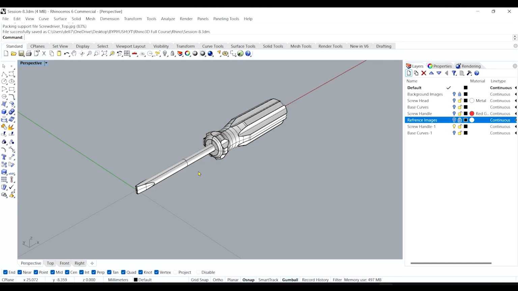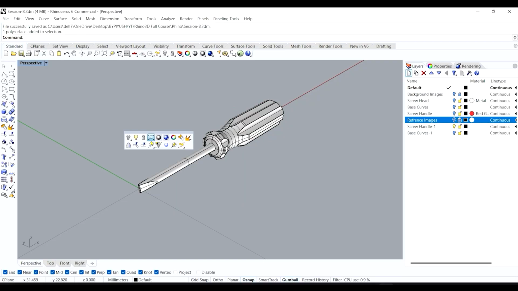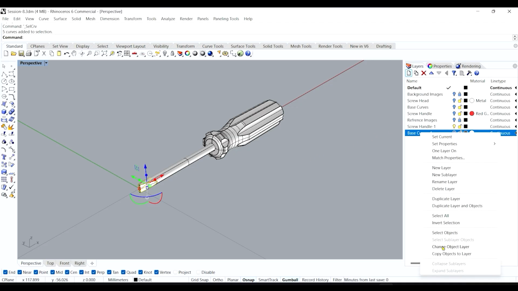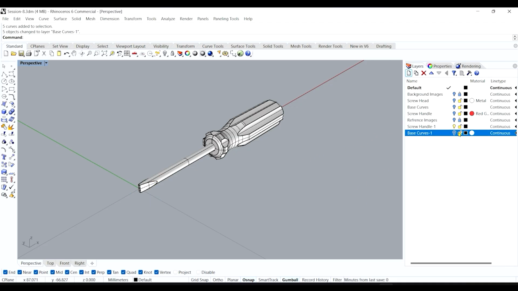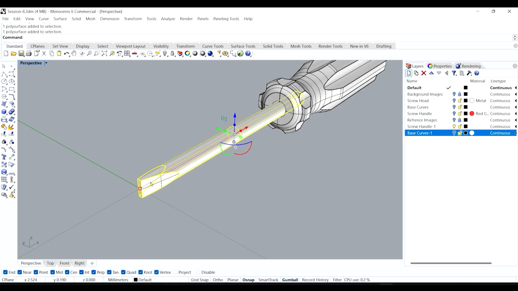Now, a little bit of tips I will give you about some materials in this, right? Again, middle mouse button, let me select all the curves whichever we did currently here and put them in the base curve layer. It will automatically hide. This was hidden. Reference images are only hidden. This is what we created, I will select this surface,